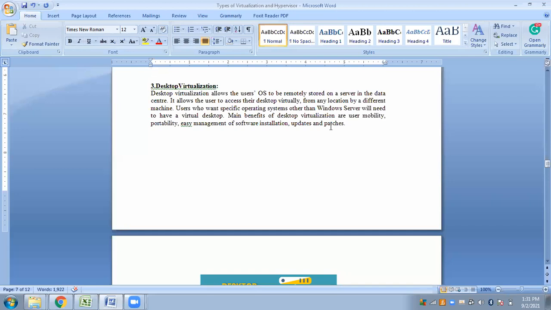So desktop virtualization, somewhere you will also get the term client server virtualization. It's the same thing. Desktop virtualization is also known as client server virtualization. It is that technology that isolates an operating system instance from the computer that is used to access it. So you can suppose you own a desktop on a cloud. If you own a desktop on a cloud, you can use any device to access it, and you see the same data and applications no matter from where you connect.